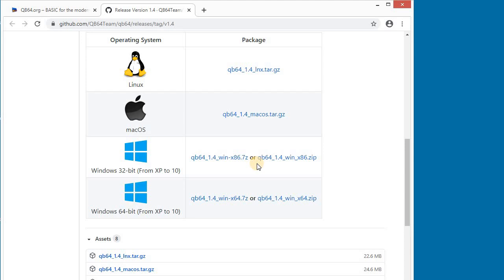That's why I will go with this option. As soon as we click on this option, QBasic will start downloading on our computer system. It will take some time to download. Until then, we have to wait.